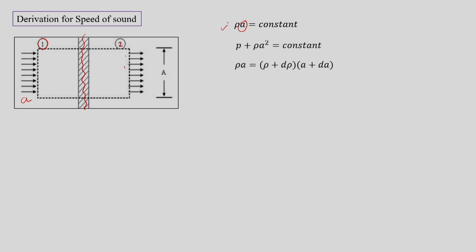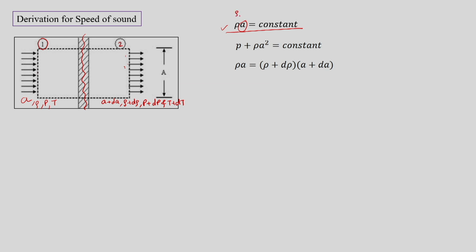Now for the mass conservation equation, if we put 1 as inlet and 2 as outlet, we know that a sound wave leads to infinitesimal changes. If A is the speed, rho the density, P the pressure, and T the temperature at the inlet, then those quantities at the outlet would become A plus dA, rho plus d rho, P plus dP, and T plus dT. So this is the variation of properties across the sound wave. Then using these conditions we can put it in the mass conservation equation.